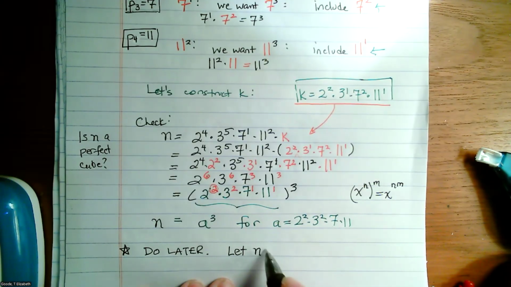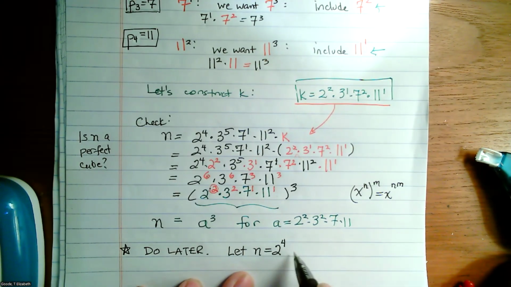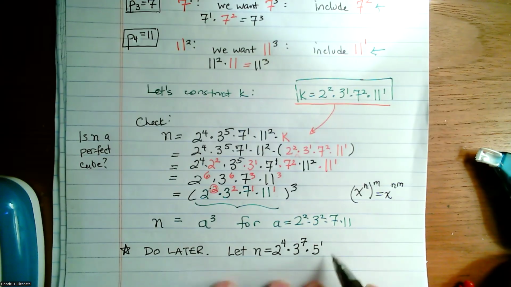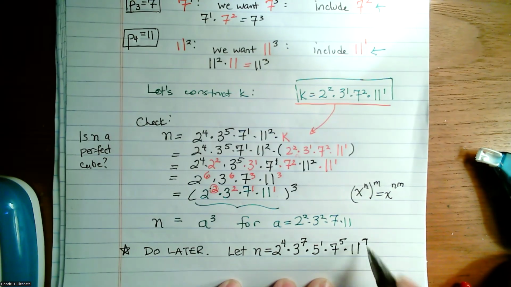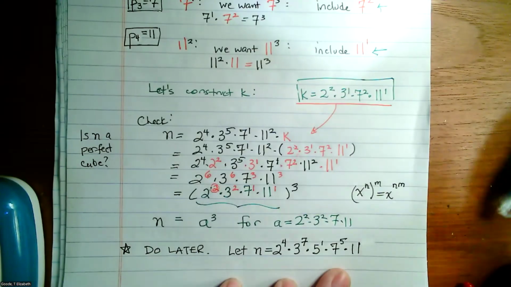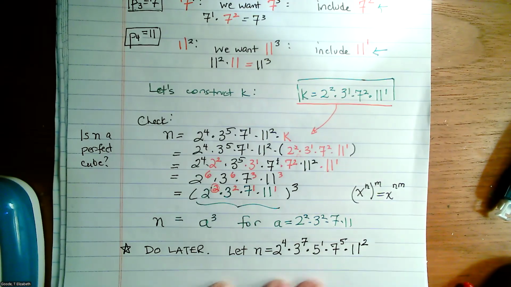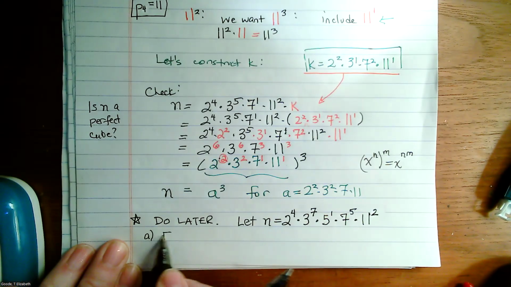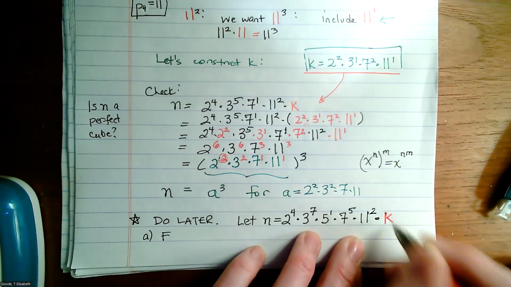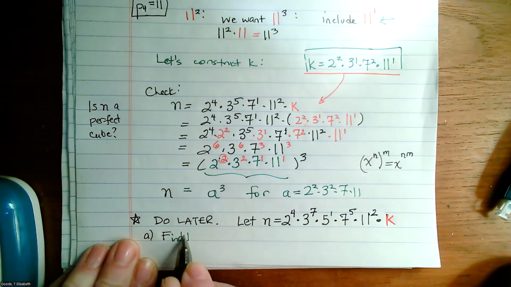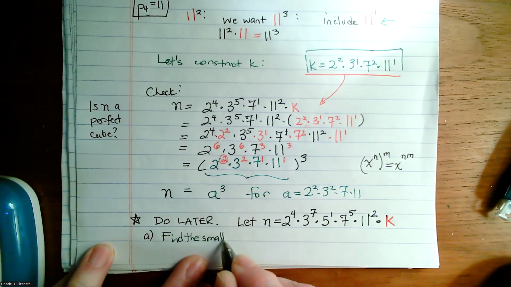We're going to let n equal 2 to the 4th times 3 to the 7th times 5 to the 1 times 7 to the 5th times 11 to the 7. Oh, we already got a 7. Let's say 11 squared. Times K, okay? Let's put the K in there. It's easy to miss the K. Find the smallest positive integer K